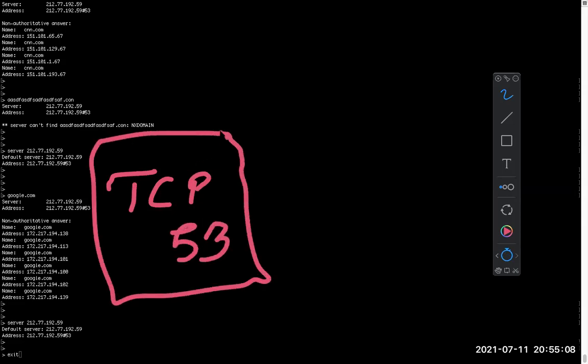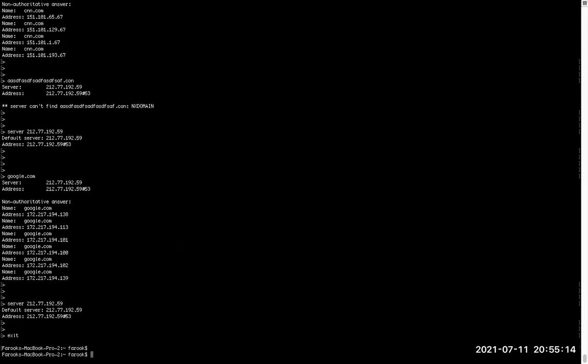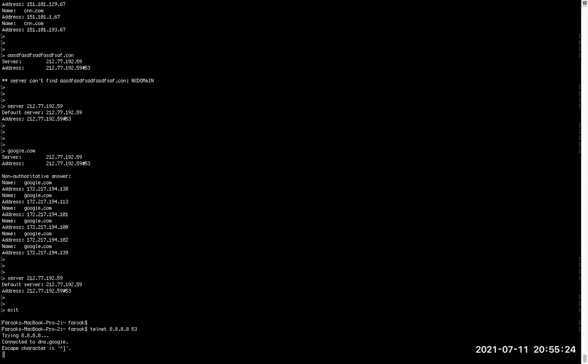Normally if you have a firewall or something, just telnet from that server to the DNS server. Then it will open a screen like that.